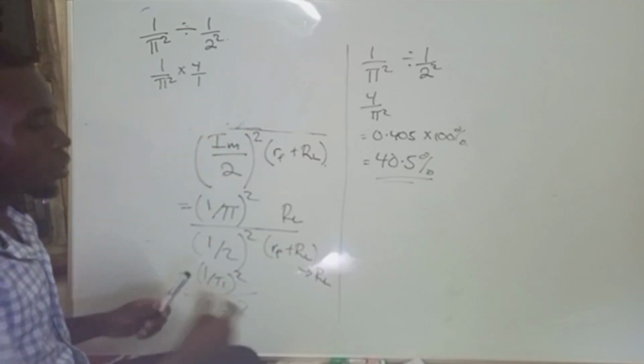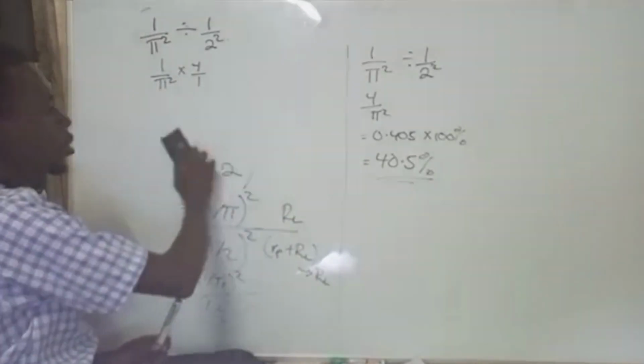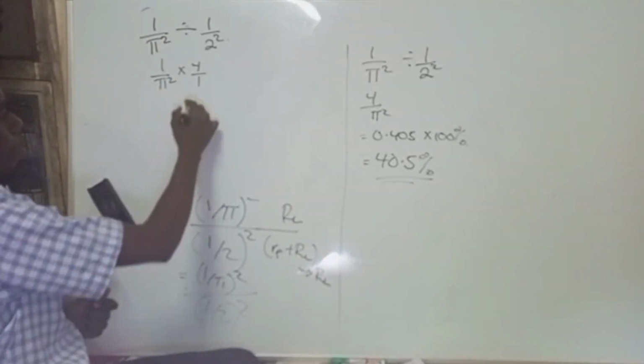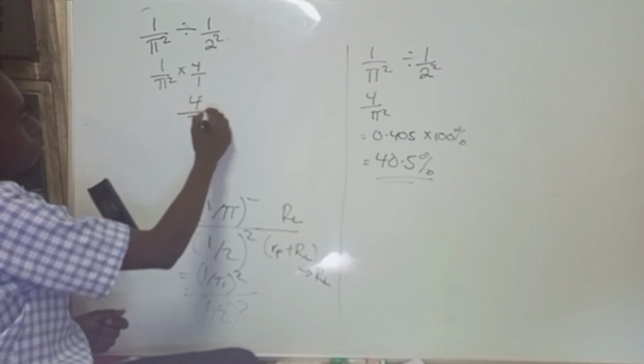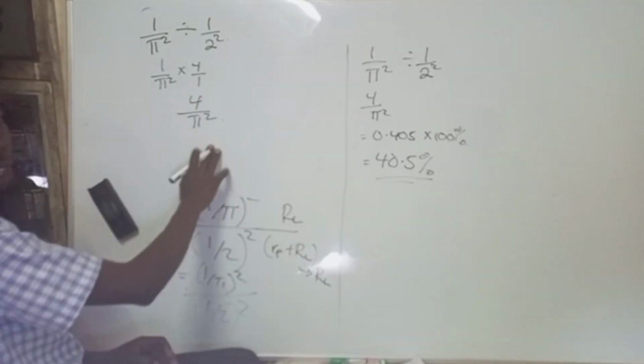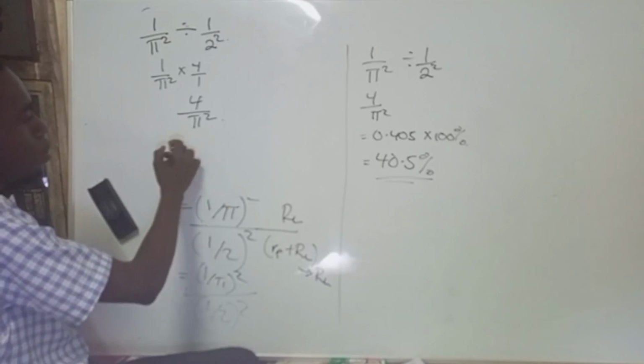So when I do this, I will simply remain with 4 over pi squared. And when I put this in the calculator, what I will come up with is